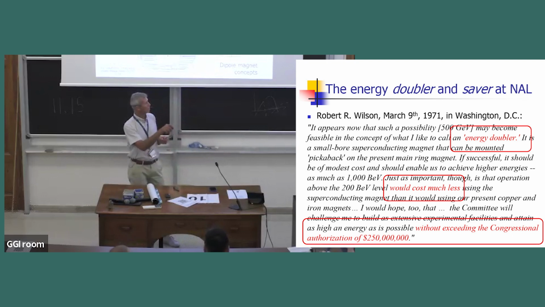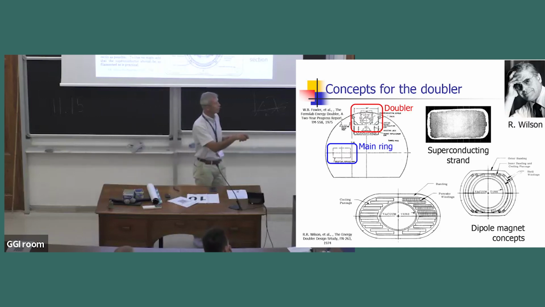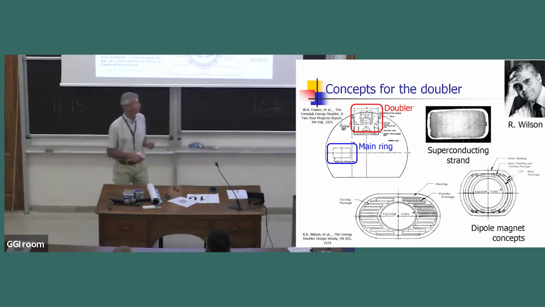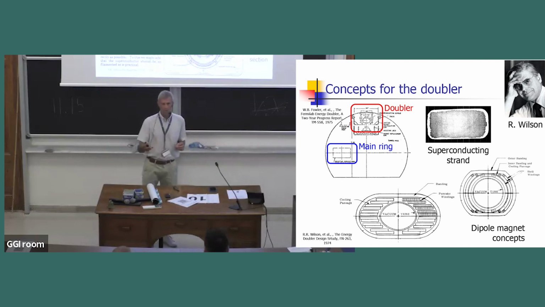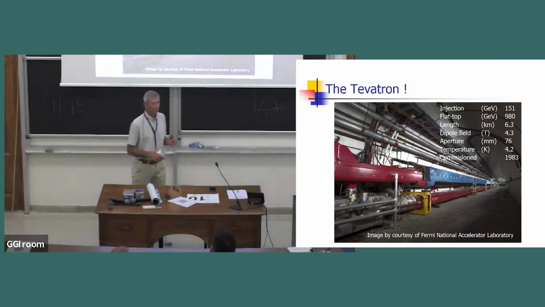So trying to put magnets in the main ring tunnel, starting off with superconducting strands made of niobium titanium, various magnet configurations, and then eventually ending with a configuration that had a coil made of Rutherford cables inside a cryostat, inside a warm iron yoke. Now, the way they got there, also very interesting, was using what they called the Edison. They built dozens and dozens of magnets and eventually got it right. Okay, so it was possible at that time, but it was very interesting because I think some of that should apply also to what we're doing today. And so that's how the Tevatron was born.